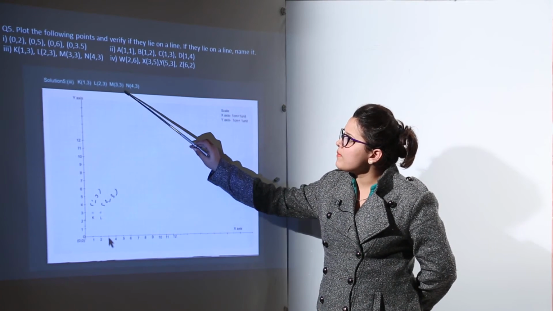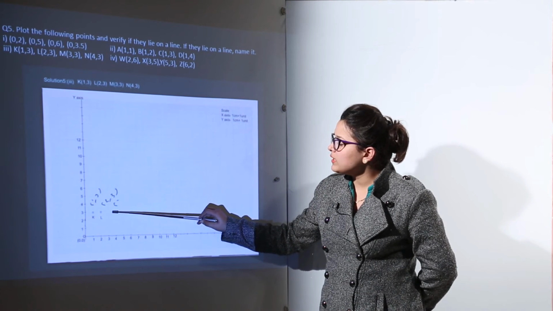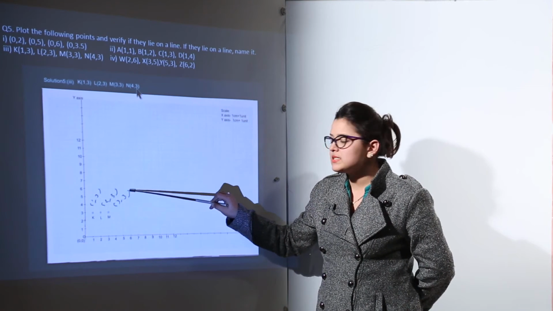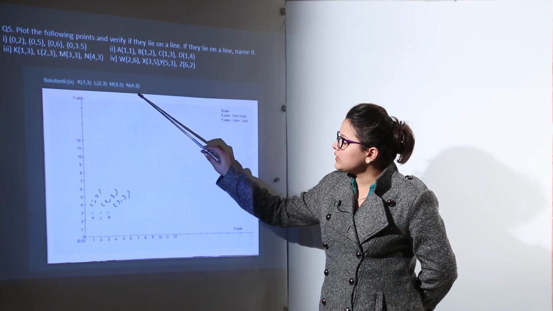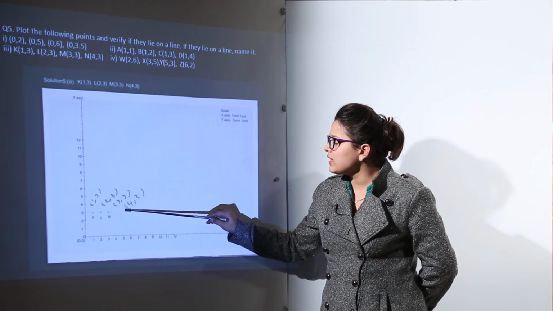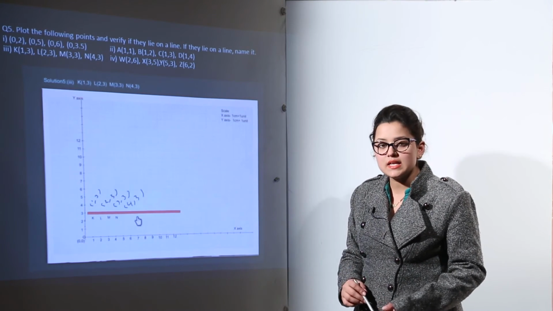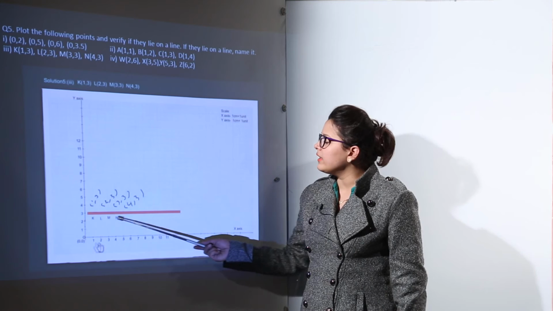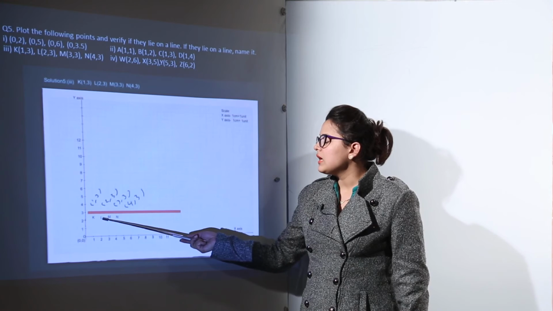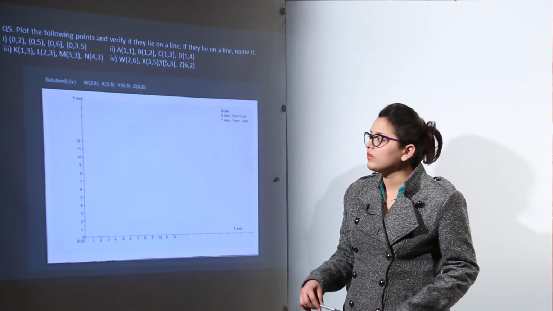Next is the point M, which is at perpendicular distance of 3 from x-axis and perpendicular distance of 3 from y-axis also. So you get this point as (3, 3). About N, you start from 4 on the x-axis and 3 on the y-axis to get the point N. If you join them together, you get a line perpendicular to x-axis. Again, you can name this line anyway. You can name it as KL, LN, MN, KM, anyway. Because this is the same line segment, you could have named it anyway.